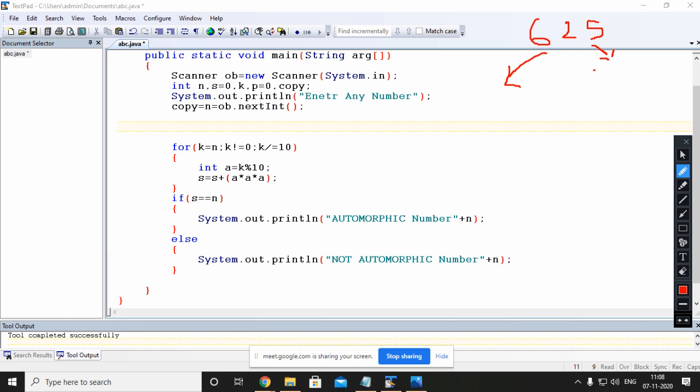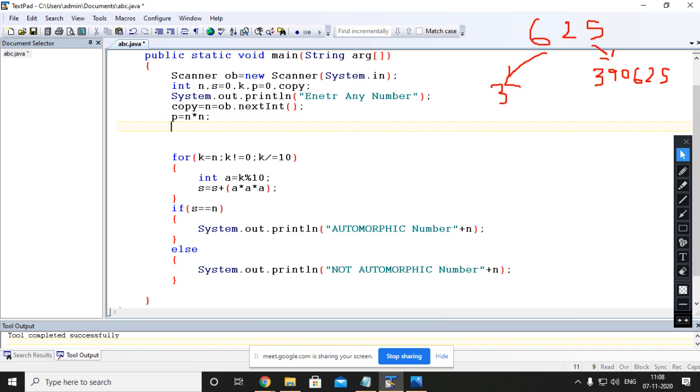The square of this number is 390625 and the number of digits in 625 is 3. So this we will do. For that we can do p equals n into n. So in p you are getting 390625.